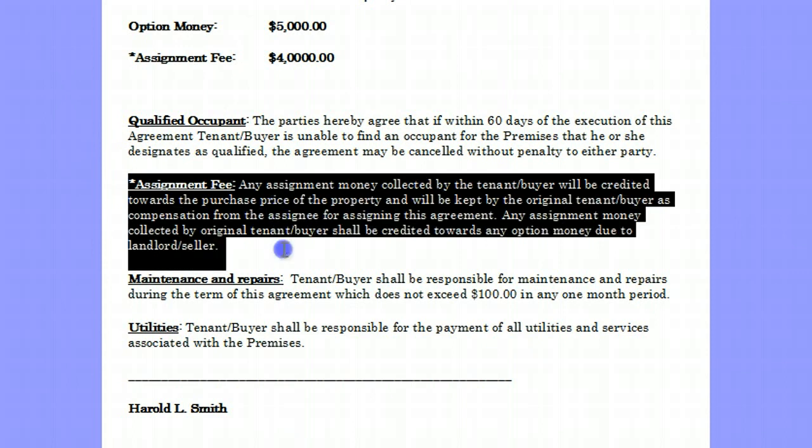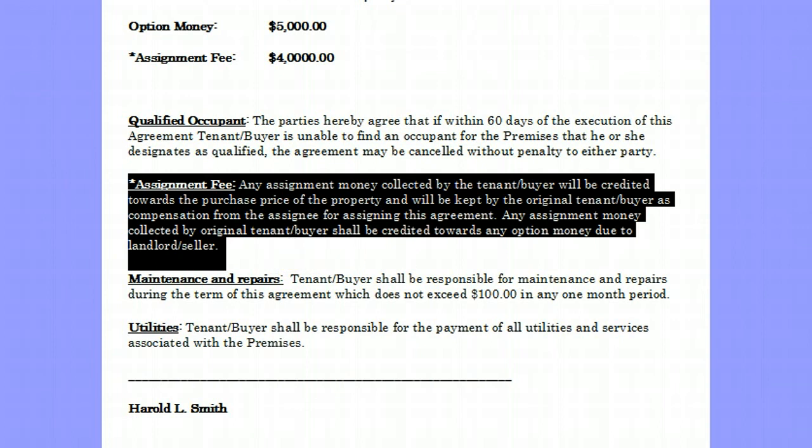Now the qualified occupant, you'll notice here that this assignment fee has an asterisk, and then we generally jump right down to the assignment fee. Now, Mr. Seller, any assignment money collected by the tenant buyer will be credited toward the purchase price of the property, and this will be kept by the original tenant buyer as compensation, which is us, for the assignee signing this agreement. Any assignment money collected by the original tenant buyer will be credited towards any option money due